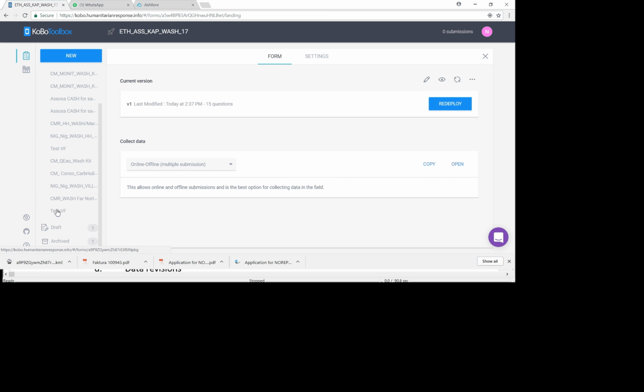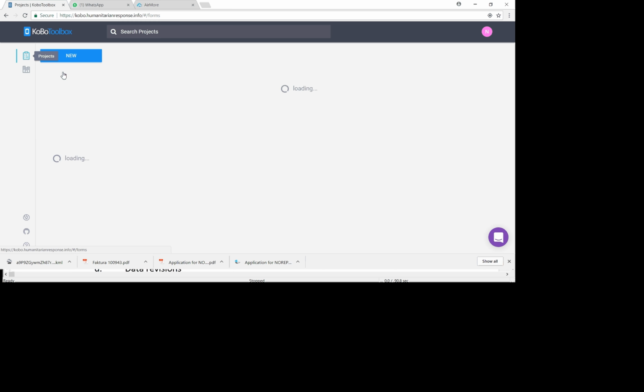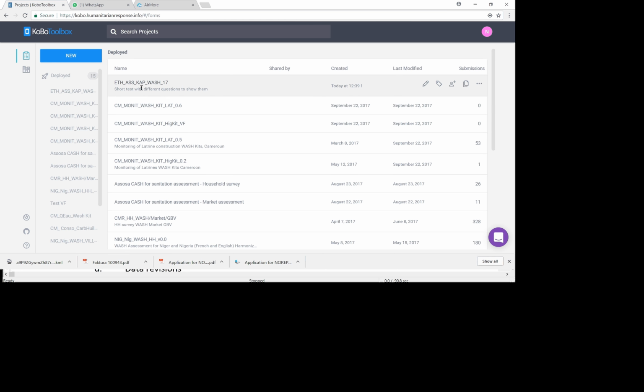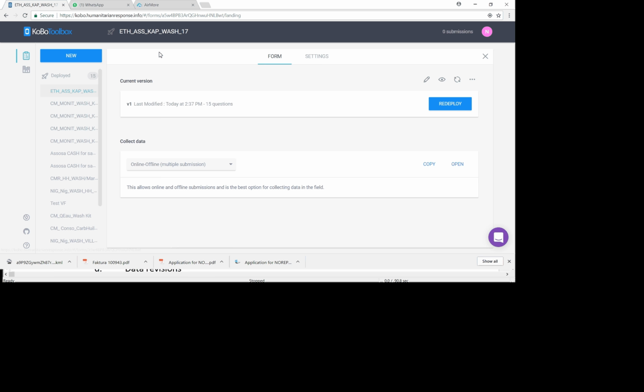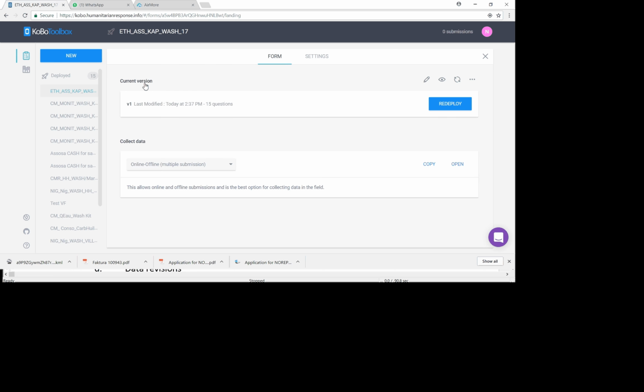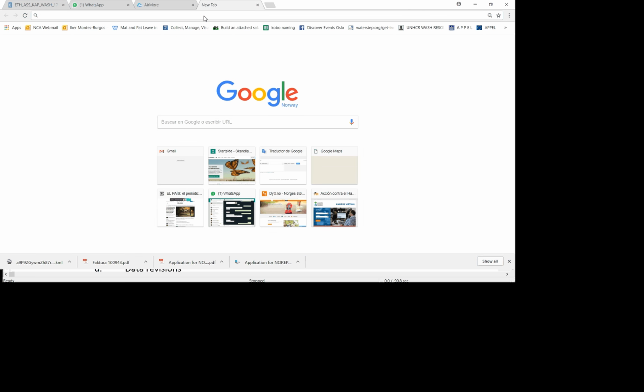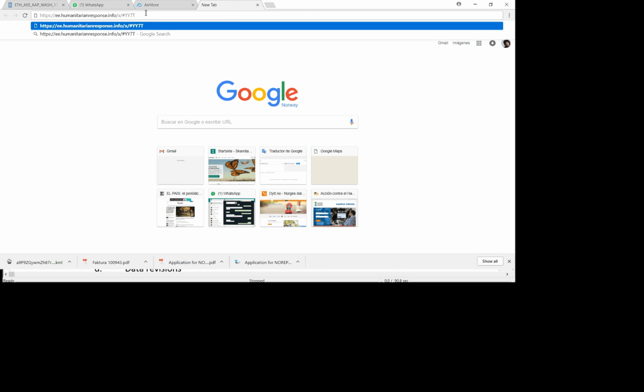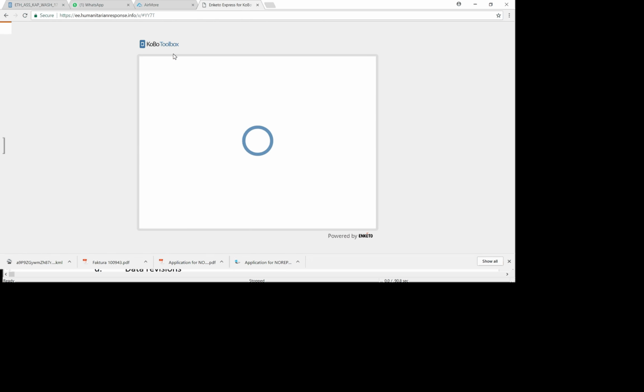Once you are there, now for example, once we are in the project, we will have it here. You can open, but there's no data yet, so you cannot explore it. It doesn't give you the data tab, but you can say, for example, how do you want to collect data, offline or online. But you can, for example, say allow data this way, and then copy. You copy to the clipboard, and then you can paste here, and then if you go here, you will have